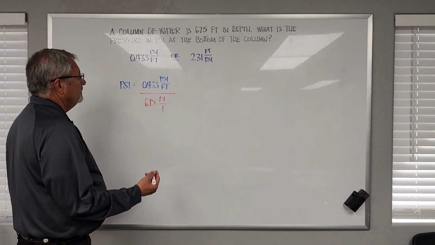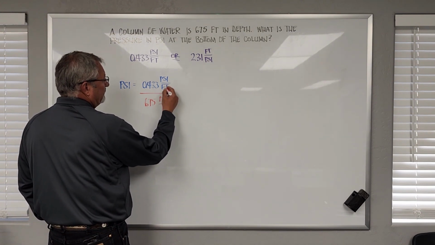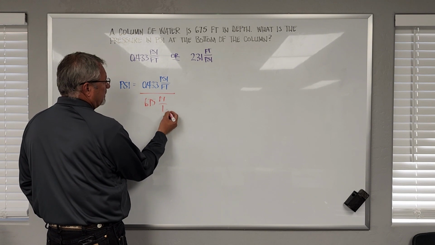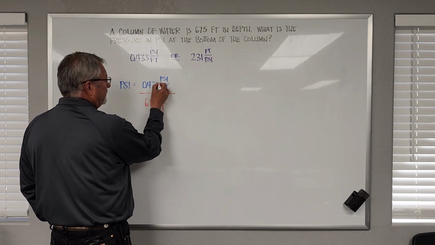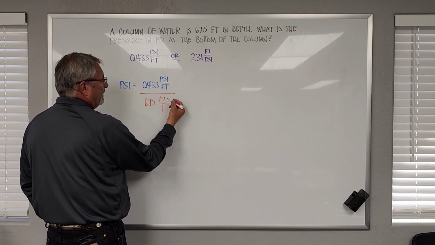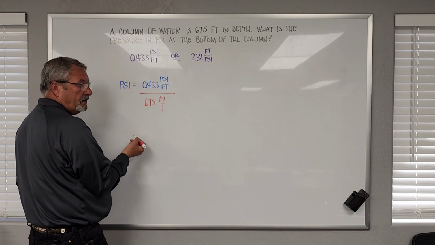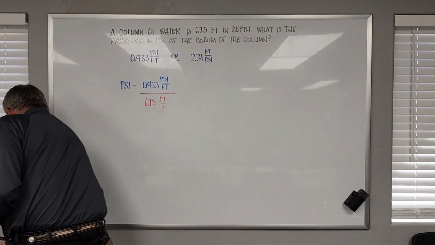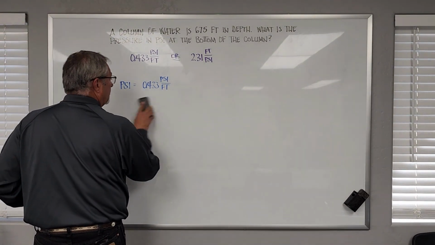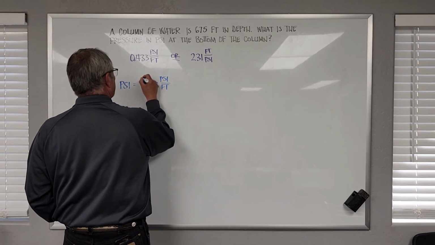To cross cancel this, I would want to have that foot below this division line. So this is a division line, this is a division line. If I wanted to cross cancel this, I can't. I can't get rid of the feet, and I'm looking for PSI. So I'm going to erase this,